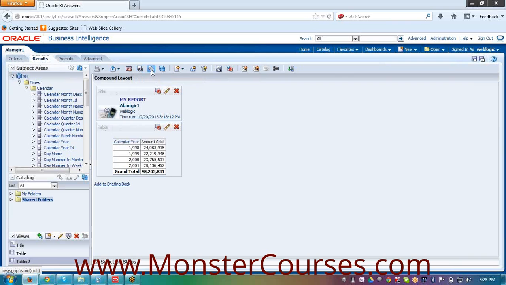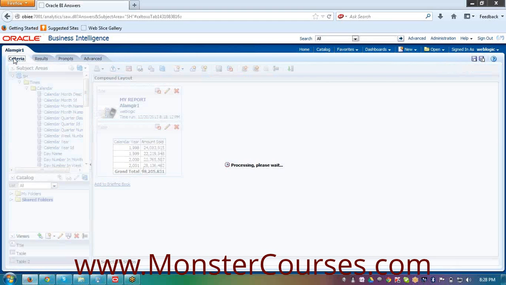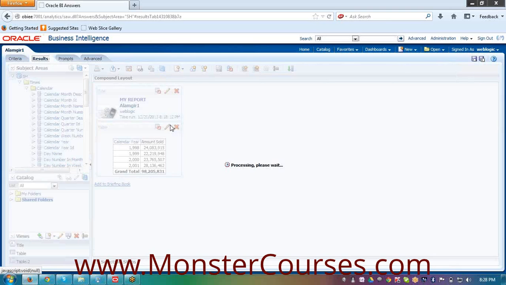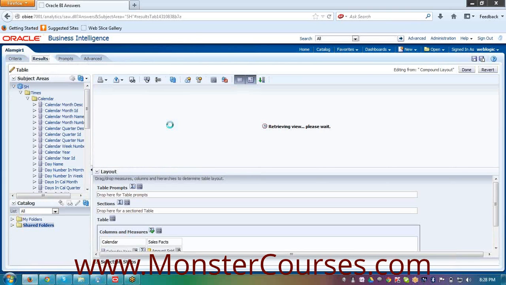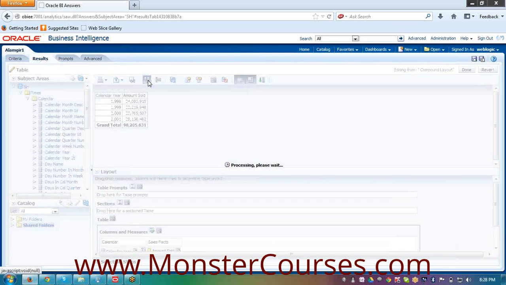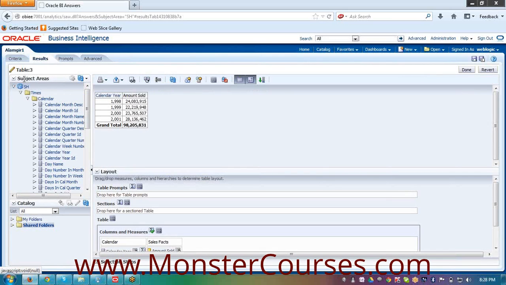Now this is to duplicate a view. So already duplicated it, no? See, three times we have duplicated it. The same table 3 times we have duplicated it.